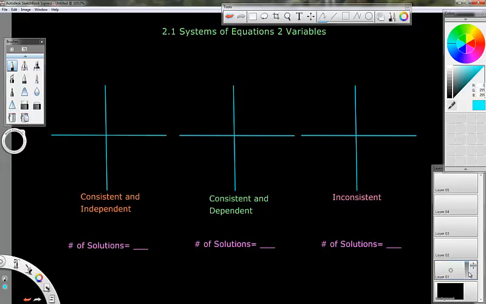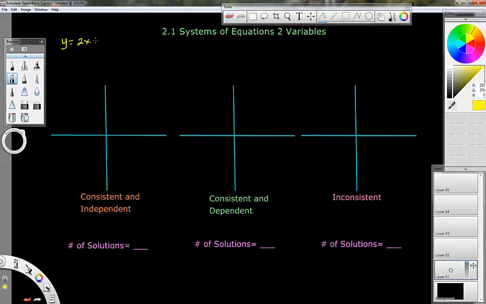Hello. This is Chapter 2, Section 1. This particular really short, probably 2-minute video deals with systems of equations and the names of them. If you're wondering what a system of equations is, it's basically just two